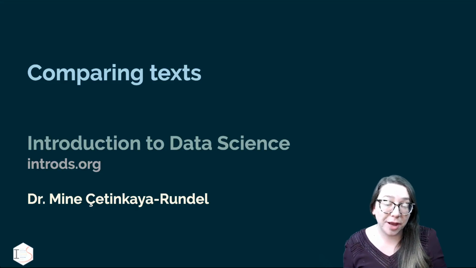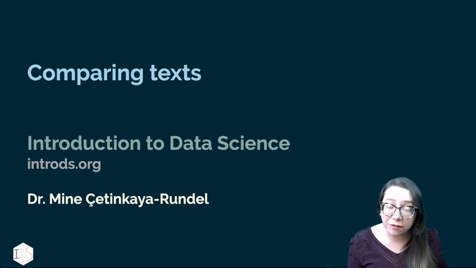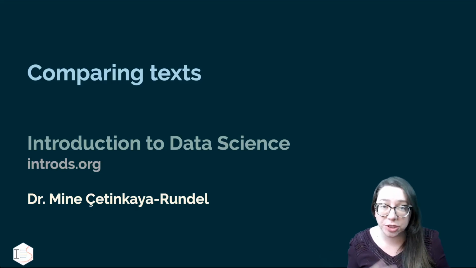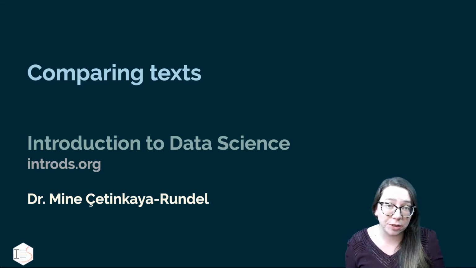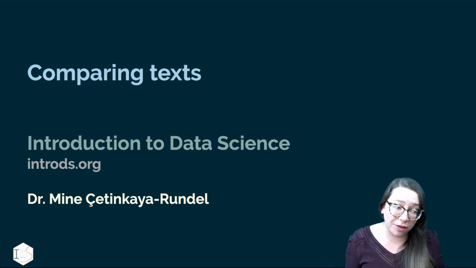Next, we're going to talk about comparing text. So far we have taken a look at the text from First Minister's COVID-19 speeches in Scotland, and what we're going to do next is to compare these to the UK government speeches from 10 Downing Street, which are mostly done by Boris Johnson, but we're going to actually use all of the speeches available, especially because while he was ill when he had COVID and he was out of the office, then there were many other people giving the